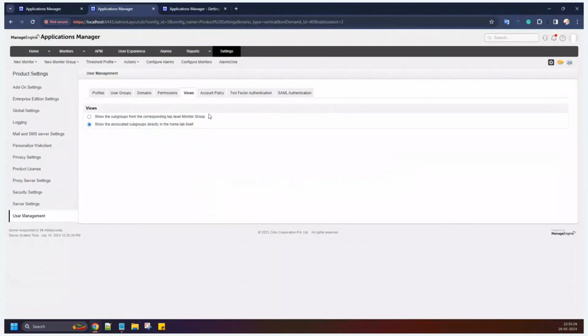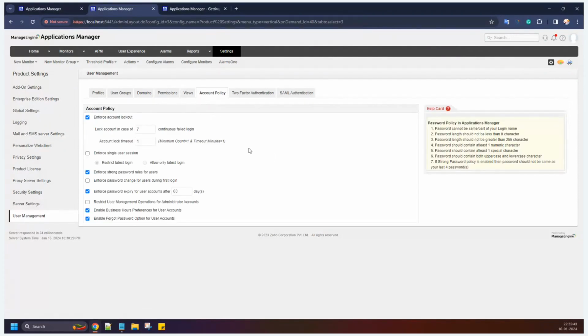And in the views tab, you can choose whether to show the monitor group directly in the home tab, or you can show the subgroup alone based on the monitor group levels of the parent monitor group. You can select the view here, and in the account policy, you can set up the policy here,